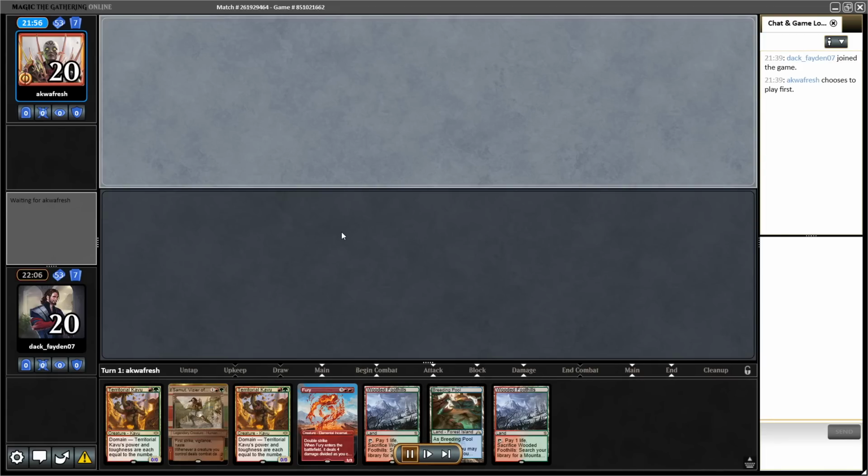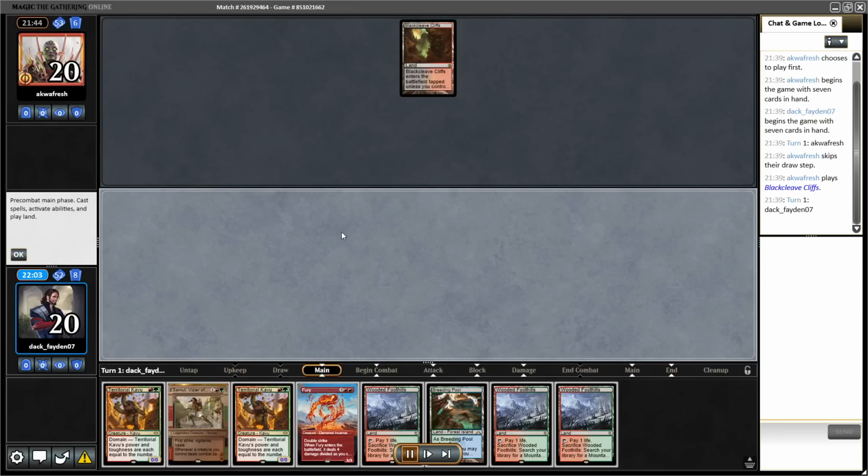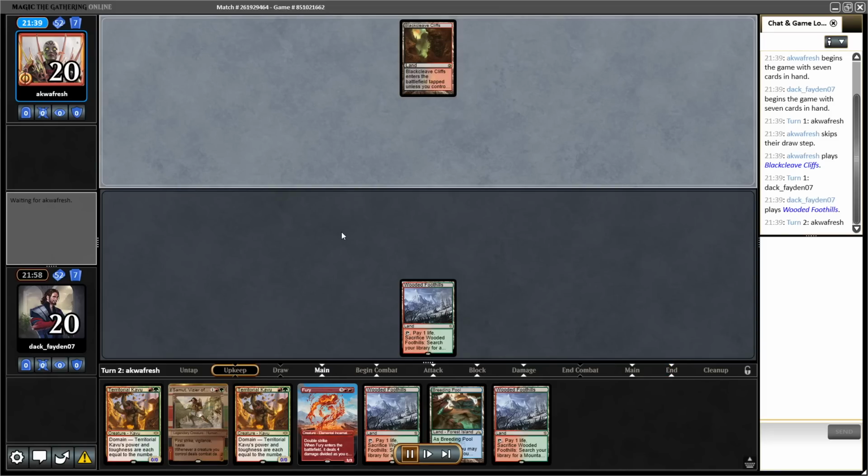Such a sweet creature, so well positioned right now. When you succeed to resolve this guy with hexproof and double strike, it is so hard for any deck to deal with it. Okay, so opponent